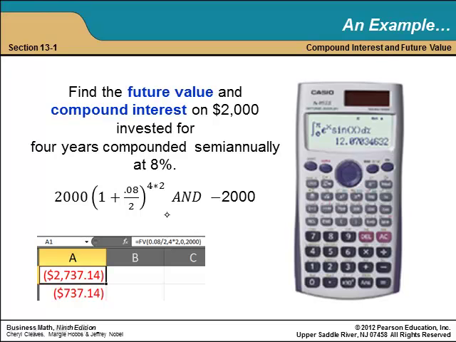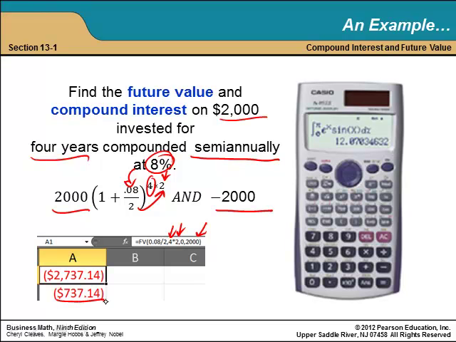Find the future value, $2,000. Notice the $2,000 invested for 4 years. There's the 4. There's the 4. Compounded semi-annually, so that's why it's times 2. And that's why it's 8% divided by 2. Notice we did the same thing again. And then when you subtract the $2,000, that's the interest, $737.14. And then the compound amount is